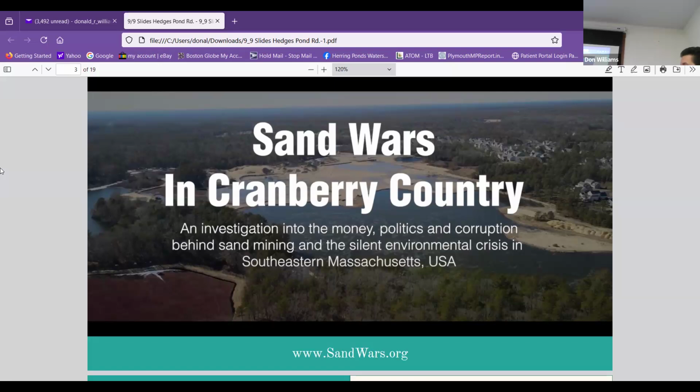About 10 years ago, I started to get very concerned about the sand and gravel mining that is going on here. As you may know, because we're in a glacial outwash plain, we have large deposits in these hills of very valuable sand and gravel. It's a global commodity. In the last 5 years or so, we have learned that there's a global shortage of sand. There are sand wars happening all over the world. And the sand that we have here